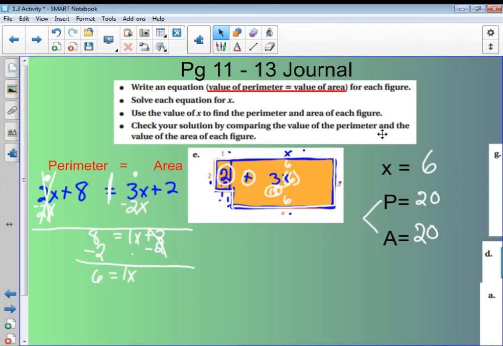Okay, so you're going to go ahead and work through the other, I think there's 2 other problems there on page 12 that are working with complex figures. So you're going to have to break it down. If you need help, rewind and watch from the very beginning of this letter E. Okay, so we're going to go ahead and